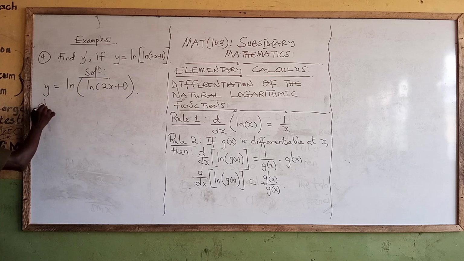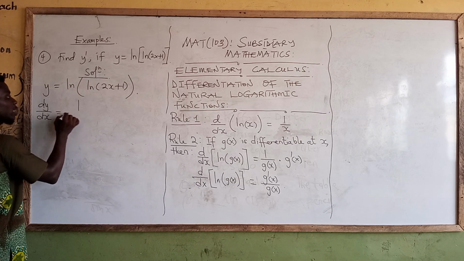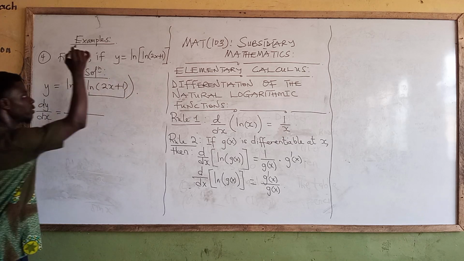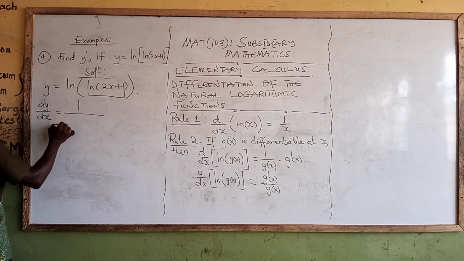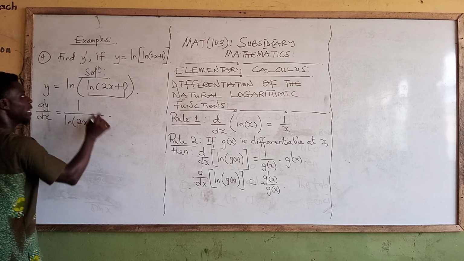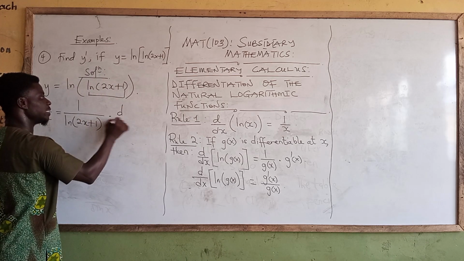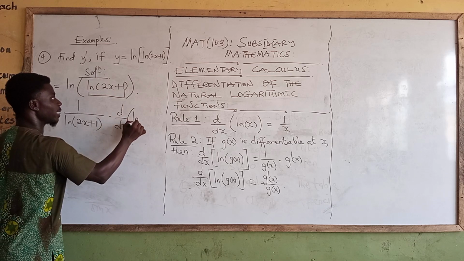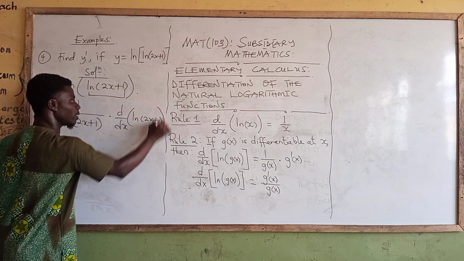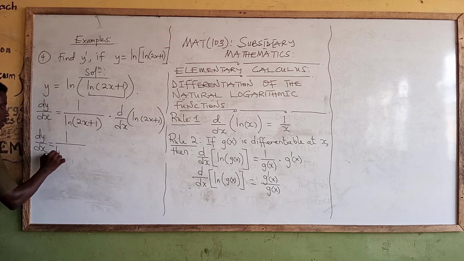So now, dy over dx must be equal to, how do we differentiate ln functions? It will be 1 over the expression inside the bracket, or the function, which is what? ln of 2x plus 1, right? Then times, we differentiate that, right? So we differentiate, get d over dx of what? ln of 2x plus 1. Right. So I have dy over dx, which must be equal to 1 over ln